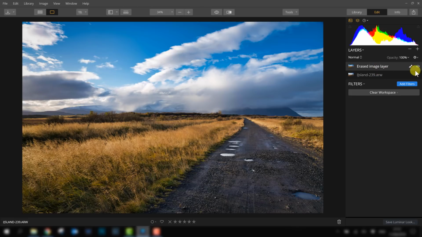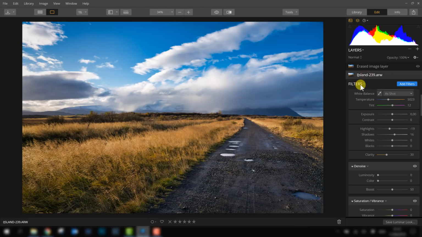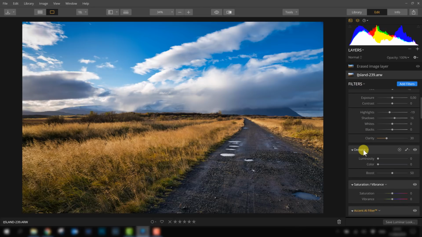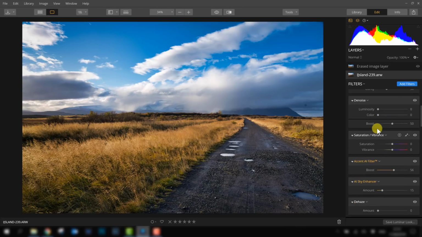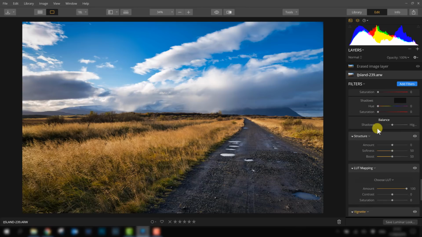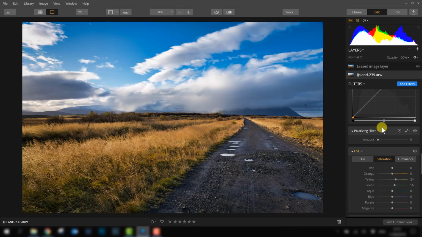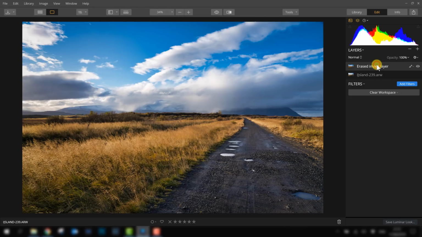Because also in the layers here you can apply masks if you only want to apply the effect in a certain part, and also in every filter you can apply masks. But that's something I don't cover in this mini course of Luminar, because otherwise the length of this video will end up with maybe 3 or 4 hours. So